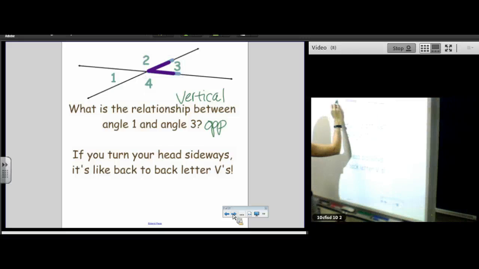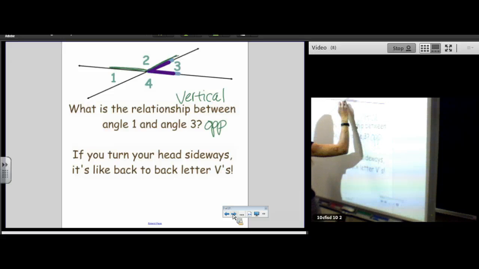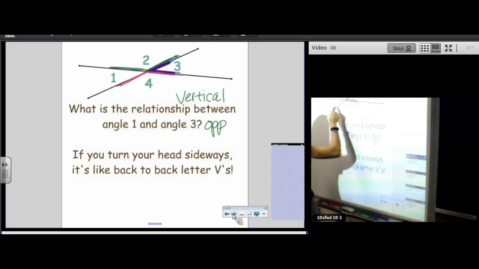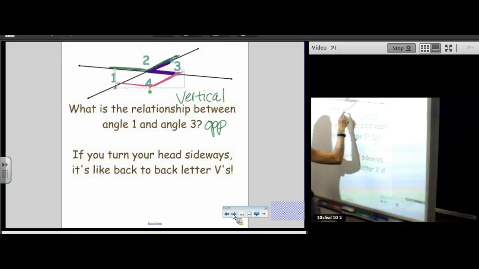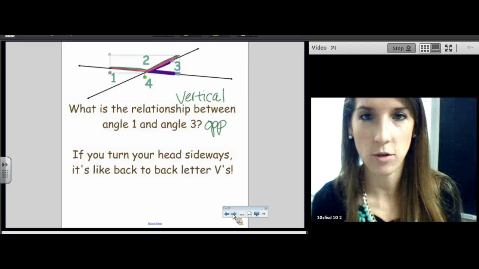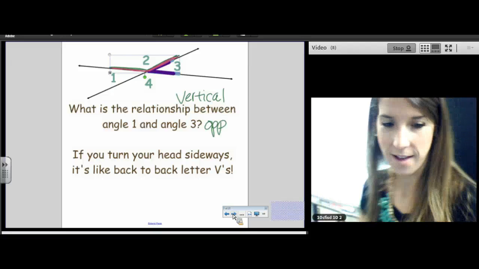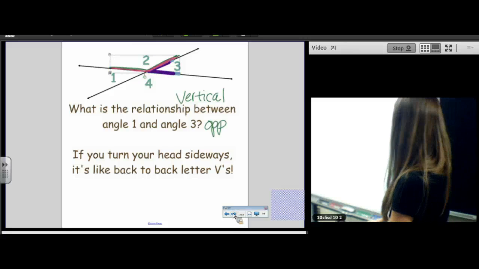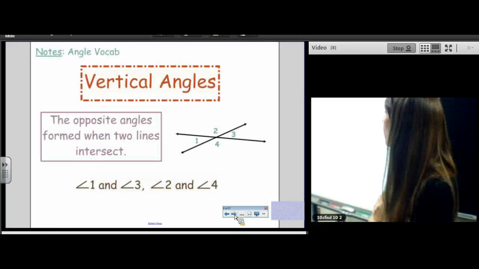Okay, what about angle 2? What about angle 2 and angle 4? Do you think they're congruent? All right, let's take this one. Let's rotate it. Angle 2 and angle 4 are also congruent because they are also vertical angles. Yes. So we just proved that vertical angles